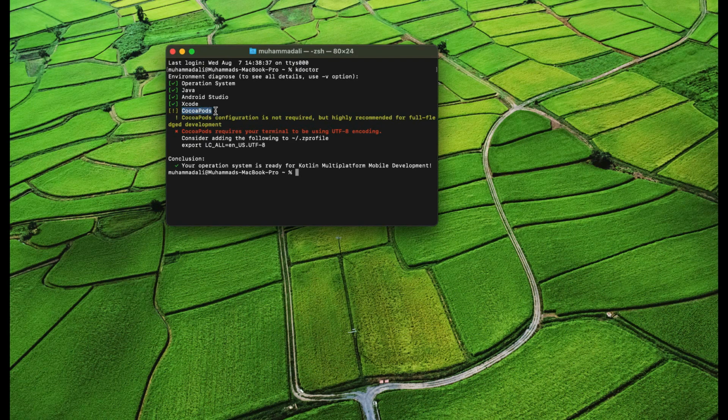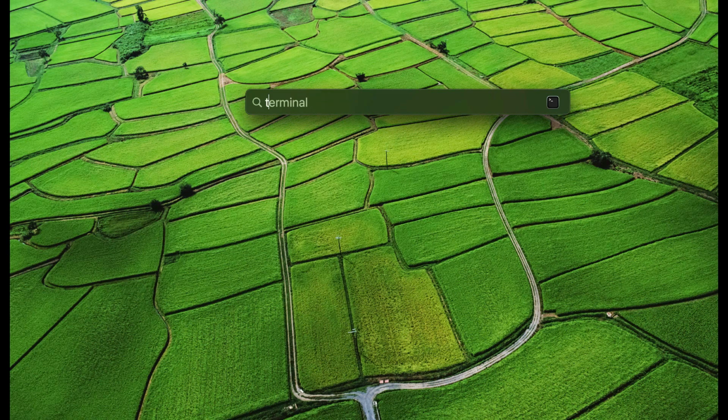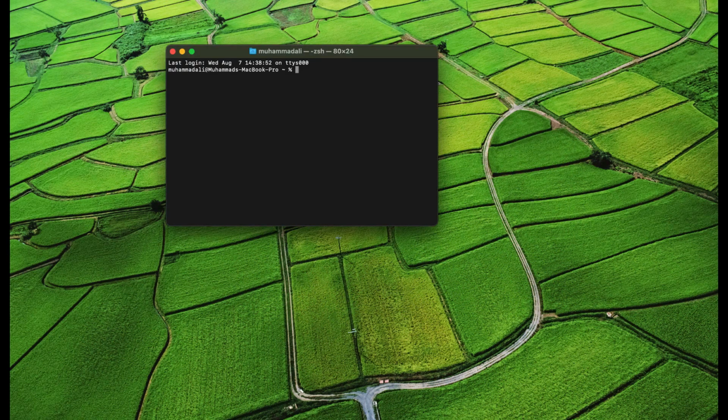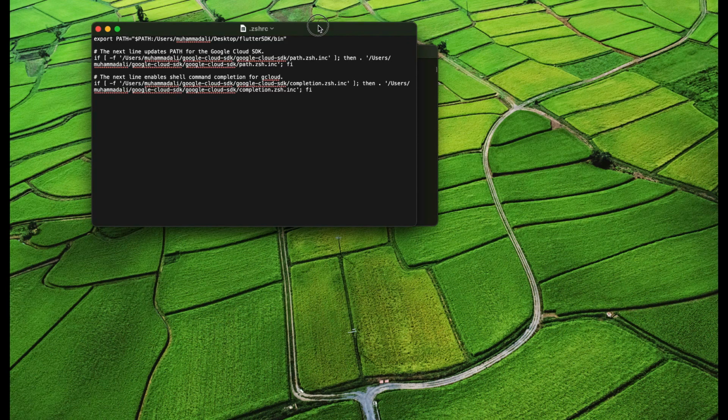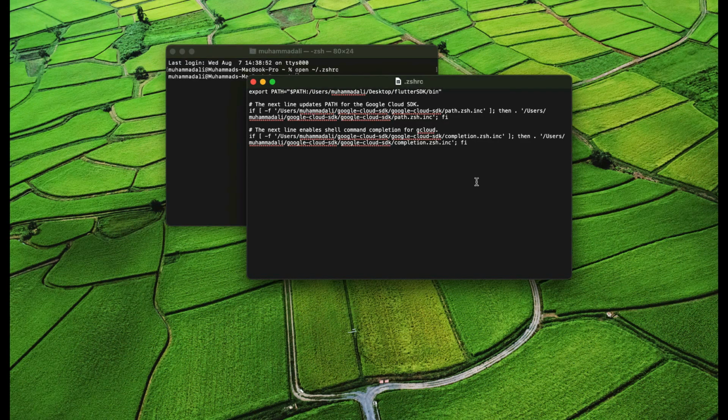It says that CocoaPods requires your terminal to be using UTF-8 encoding. Maybe some of you may not see this error, but if someone sees this, then the solution to fix this is to open up your terminal and run the command open ~/.zshrc. Run this command and it will open up the zshrc file, and then in your zshrc file